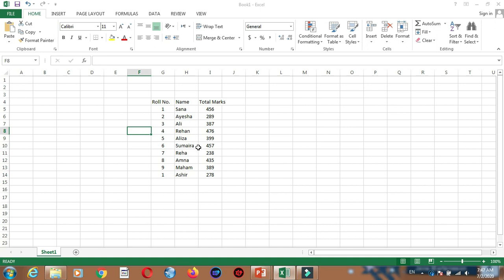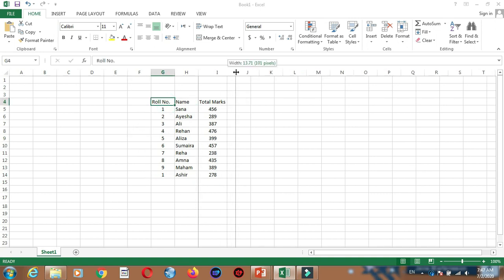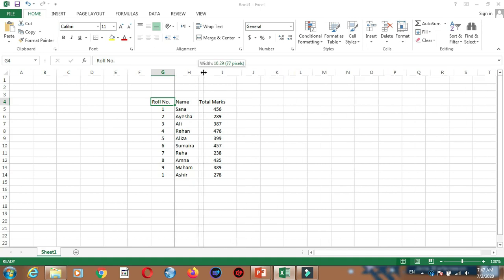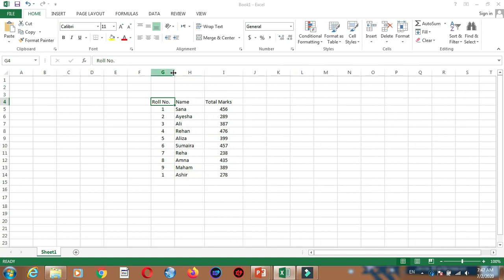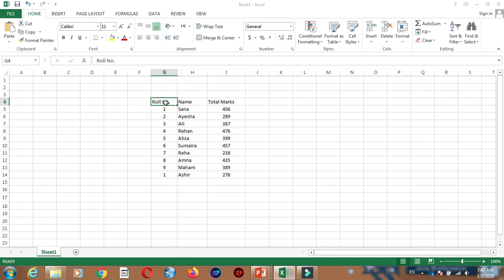Okay, so very first I am going to apply the font style. So there is a need to select the whole list. As you can see, I'm going to increase the column width by just dragging these column widths. I can easily maintain them. Now I'm going to apply the font style on the whole list. For this, there is a need to select the whole list. Press shift key, right arrow and then press the down arrow to select the whole sheet. Here I have selected the whole sheet.